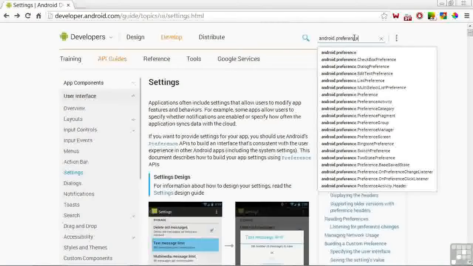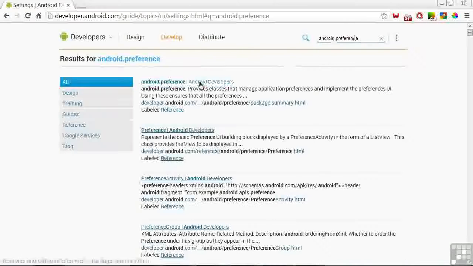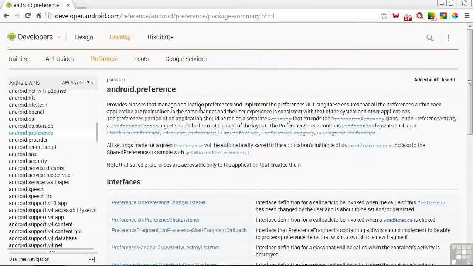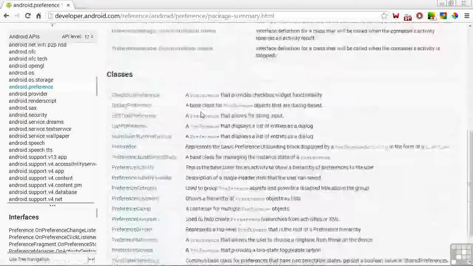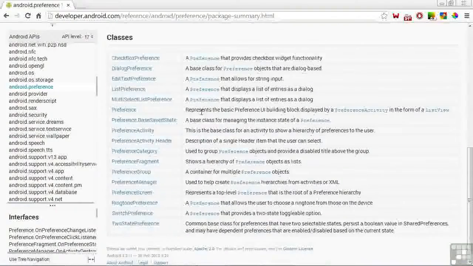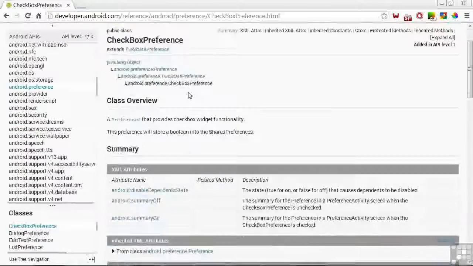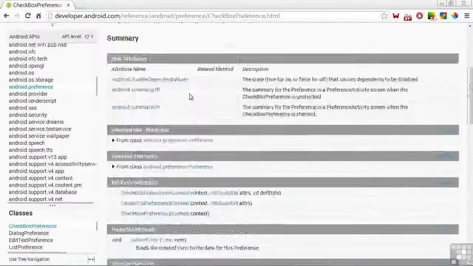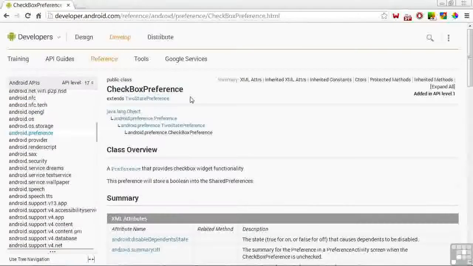Android.preference and click on this link to the package summary, and then scroll down to the classes. And here we see links for checkbox preference, dialog preference, etc. Let's click on checkbox preference, and here we find a description of the XML attributes possible, including attributes inherited from